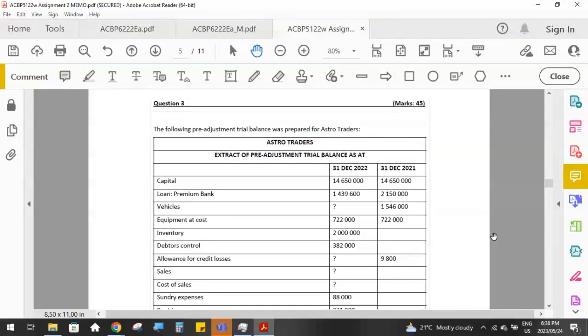Oh, okay. Sorry, I'm just looking at something on the question paper. I was wondering why I was confused. It says question 4.1, but it's actually question 3. All right, so